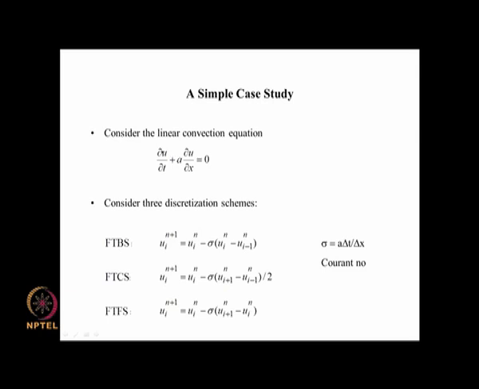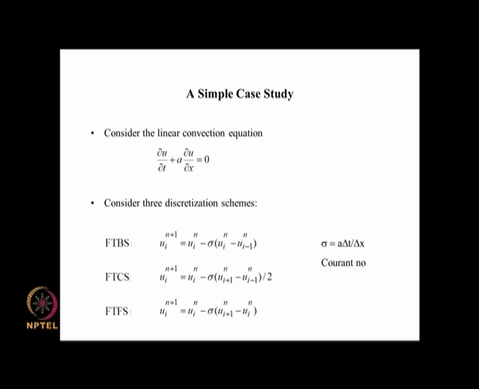Now this is one part of a simple advection diffusion equation or a scalar transport equation, and it can be considered as the left hand side of a one dimensional momentum equation which is linearized, in the sense that in this equation u is a variable and a is considered as a given constant. Okay. And this is a first order partial differential equation, and we will need some initial conditions and boundary conditions for this. Once we have an equation like this, we can readily put in a number of discretizations.